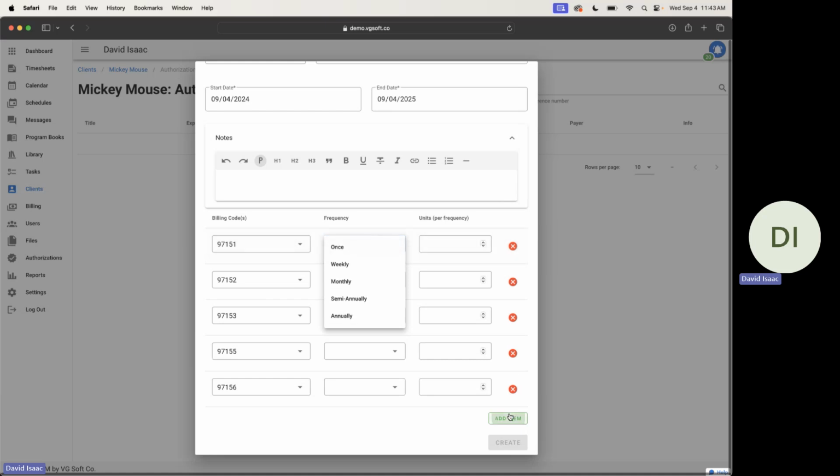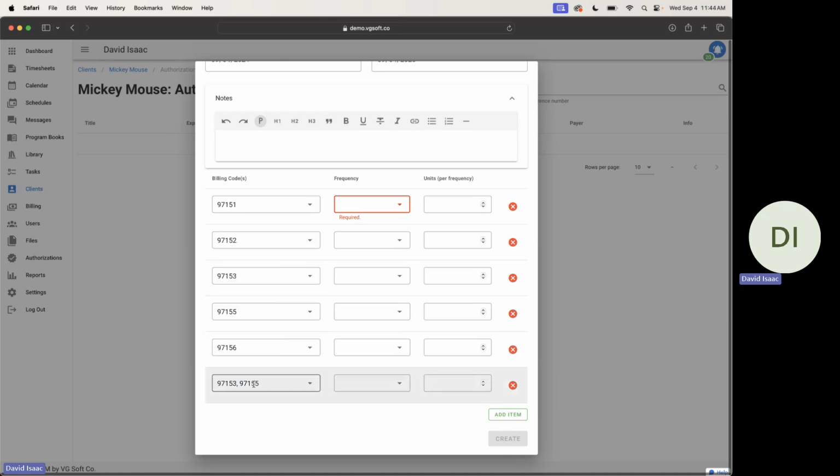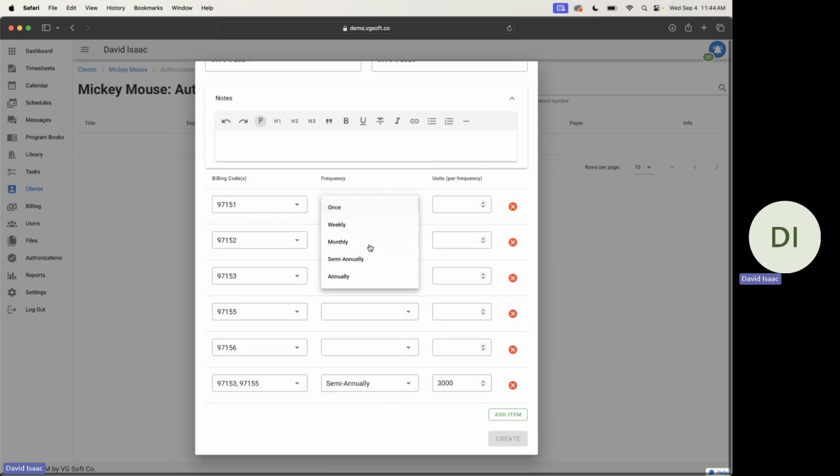One difference, I'll just add another service line. If you get a bulk authorization from a funding source, so if your 97153, 97155, et cetera, are included in the same service line, you can just select multiples for that service line and they'll pull from that pool. However, if it's just a semi-annual auth and you got 3,000 units, you can put that in there just like that. But more appropriately, you usually get 32,